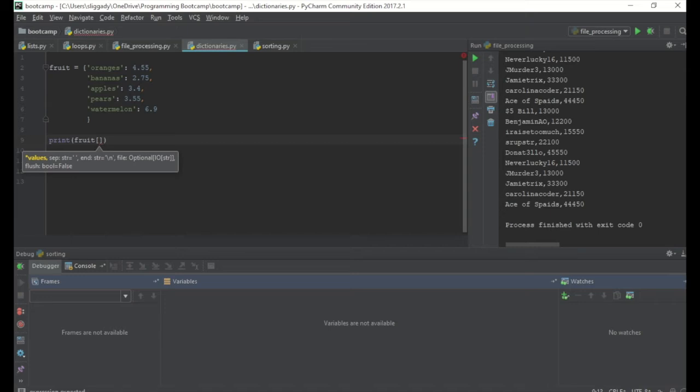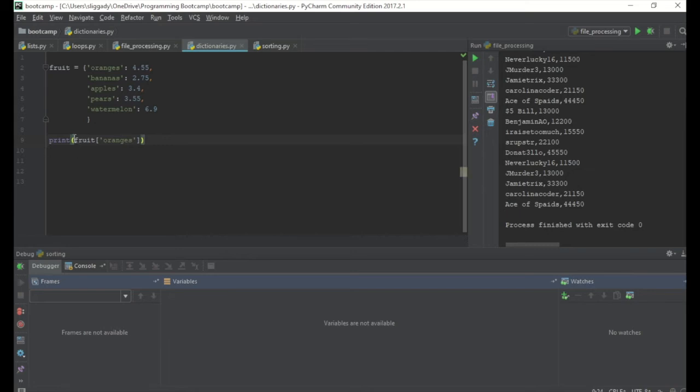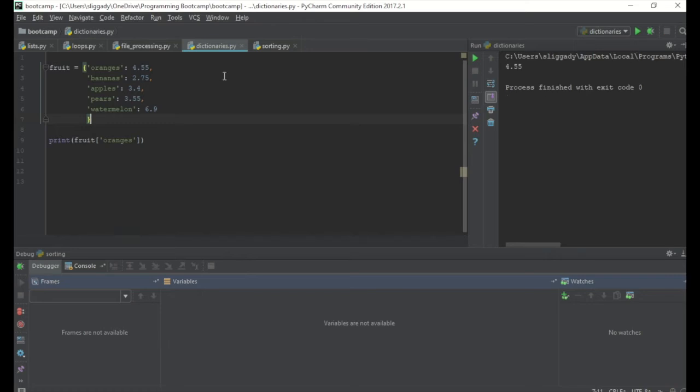If this was a list, we'd have to pass in an integer, a number, to access anything in our list. But for a dictionary, we actually give it the name of the thing we want. In this case, we're asking for the thing in our dictionary called oranges, and it should return to us the value of oranges. When I run this code now, you can see it's returned to us 455,